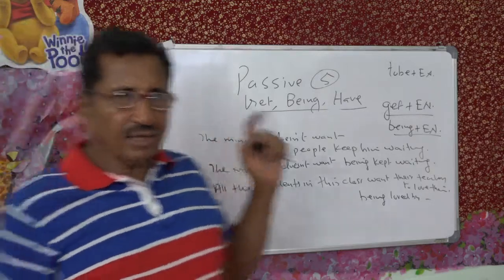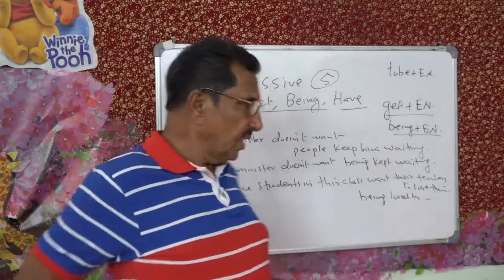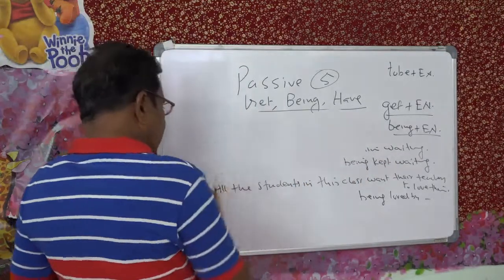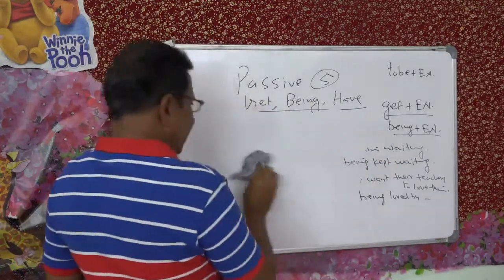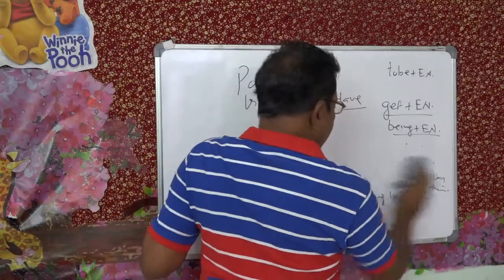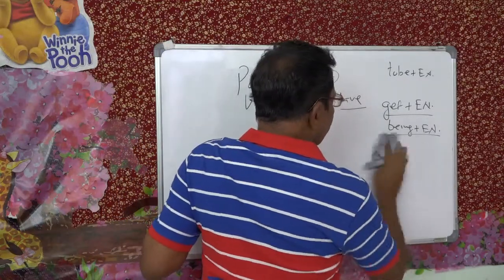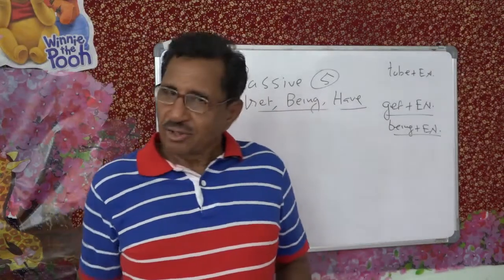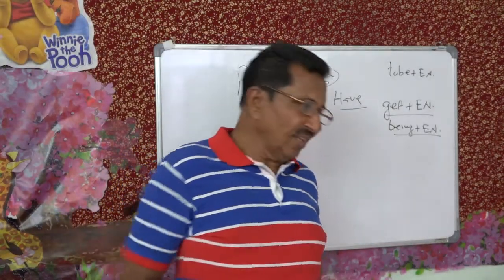Actually, we have, the other day, short passive and long passive. When the agent is not required to be expressed, or when the agent is understood, then the agent phrase can be omitted. When the agent phrase is omitted, you call that short passive. Understand? You want some more sentences?